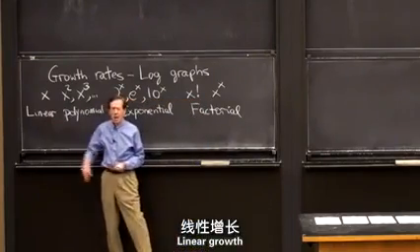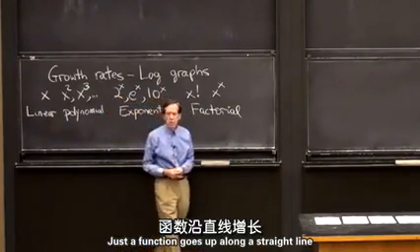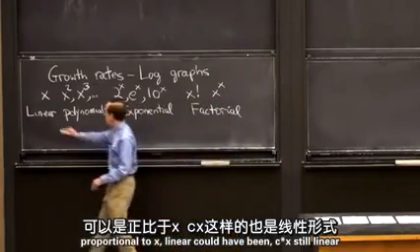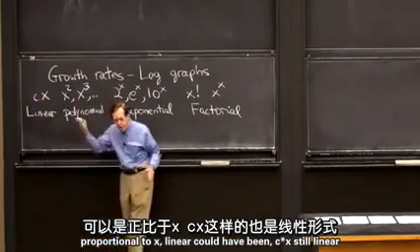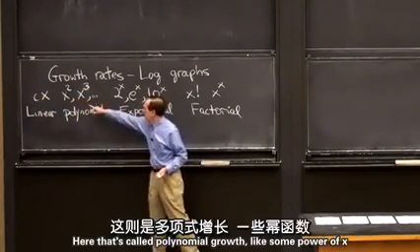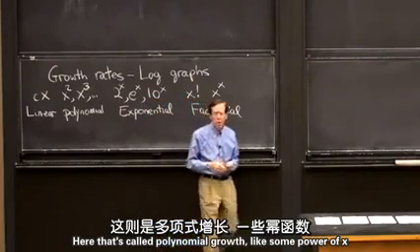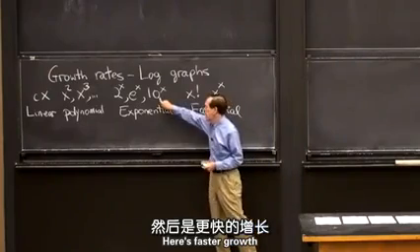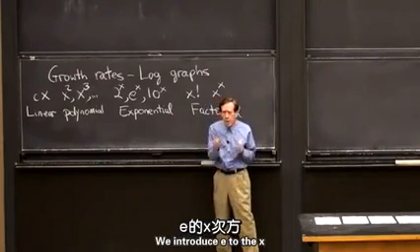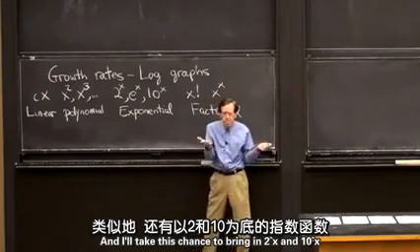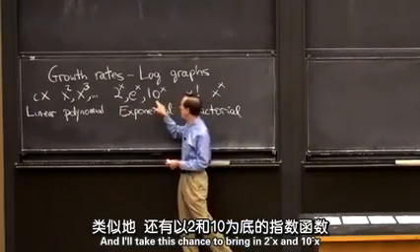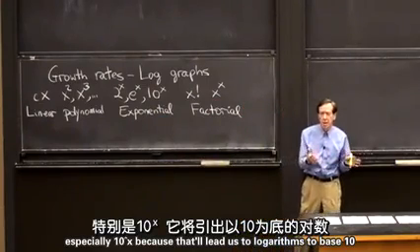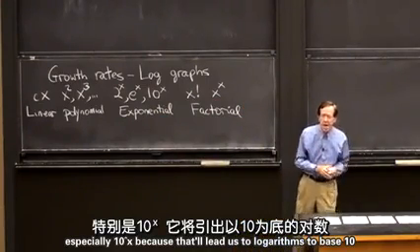Linear growth, just the function goes up along a straight line, proportional to x. Linear could have been a c times x, still linear. Here, that's called polynomial growth, like some power of x. Here's faster growth. We introduced e to the x, and I'll take this chance to bring in 2 to the x and 10 to the x. Especially 10 to the x, because that'll lead us to logarithms to base 10, and those are